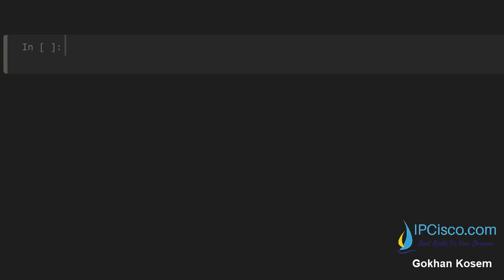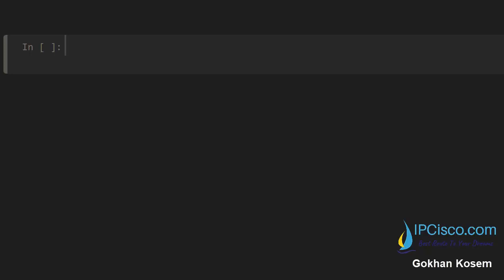In the second part, the mode part, we give a letter, and this letter can be R, A, W, or X, and each of them shows a specific mode that we use with the Python file open function. Here R is read, A is append, that adds something at the end of the file,